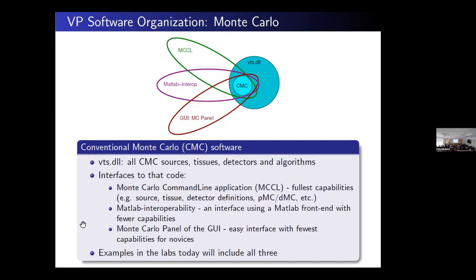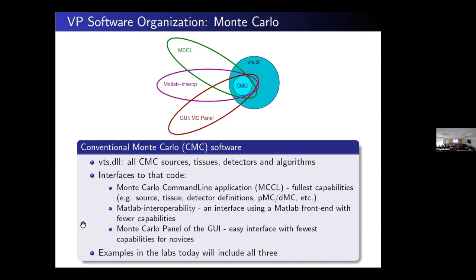Maybe you would just want to run a simulation. I don't care how it's evolved, I just want to run it. So we have a library in which what I call conventional Monte Carlo code exists. We have 3 ways to access that code, and you'll see different forms this afternoon. We have a command line.